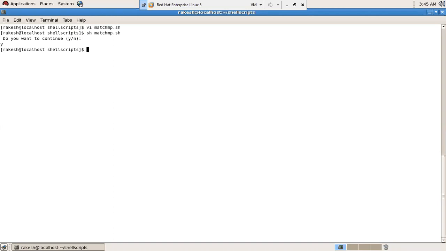The pattern is either small y or capital Y followed by small e or capital E, then followed by any number of characters. So if I enter Y E S, then it displays. Not showing, right? We want to continue. Yes.